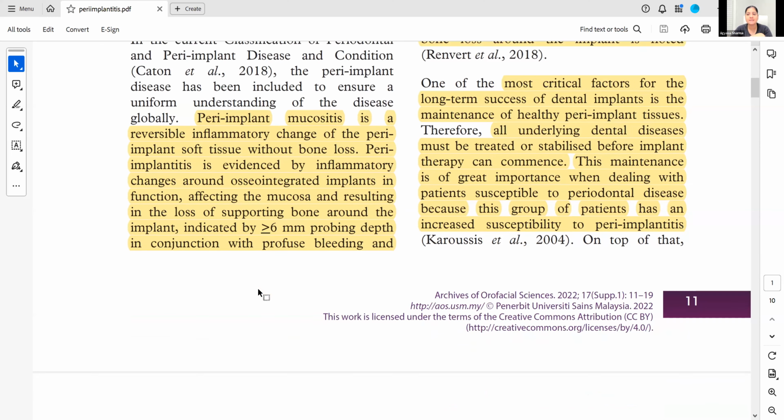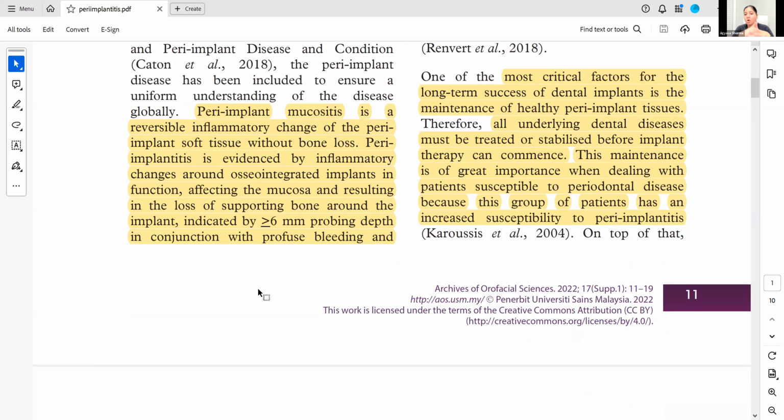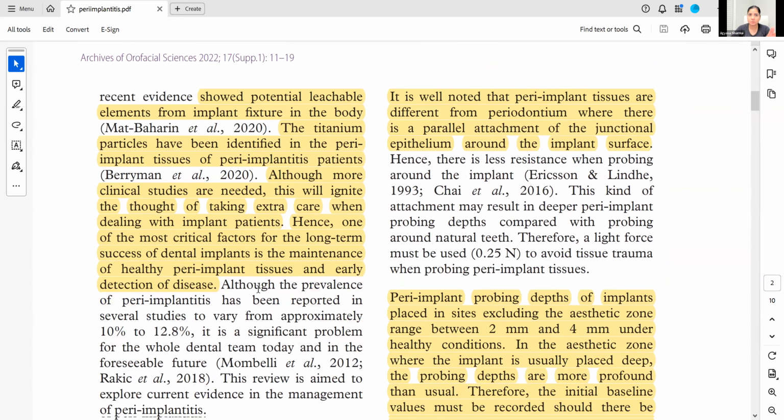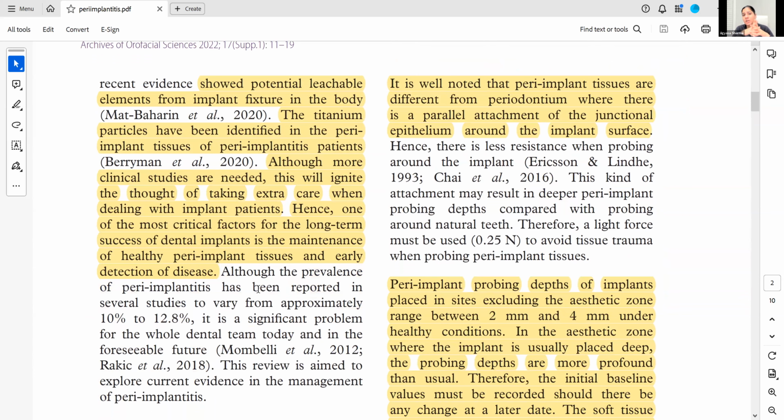Therefore, all underlying dental diseases must be treated or stabilized before implant therapy can commence. This maintenance is of great importance when dealing with patients who are susceptible to periodontal disease, because this group of patients will also have an increased susceptibility to peri-implantitis. So all the risk factors that would increase your patient's chances of periodontitis would also affect their success rate of implants, because they will also be more susceptible to